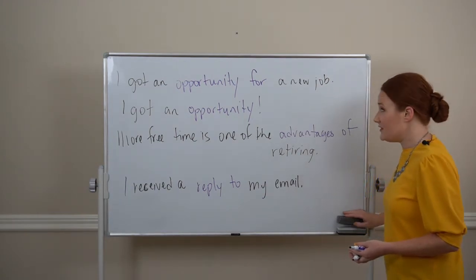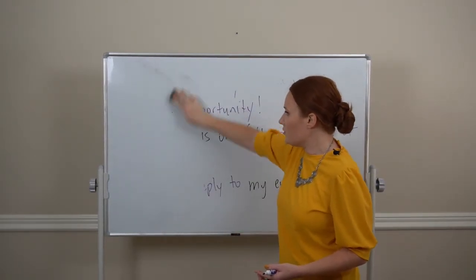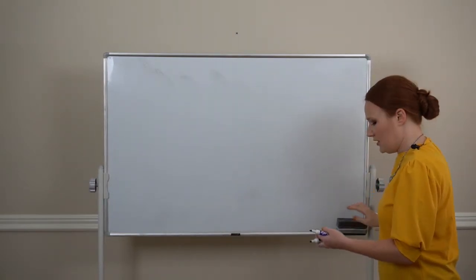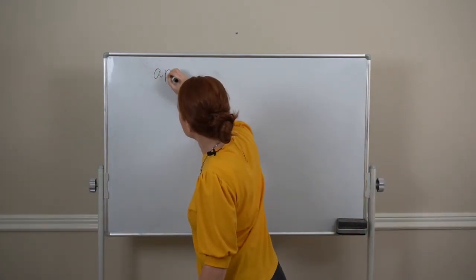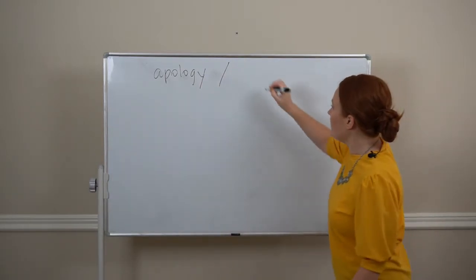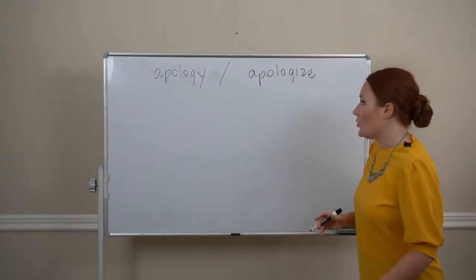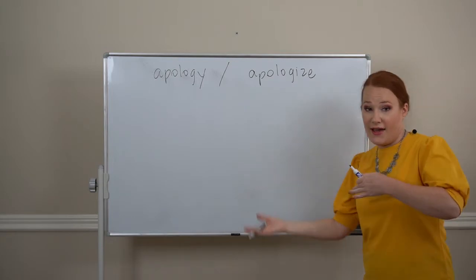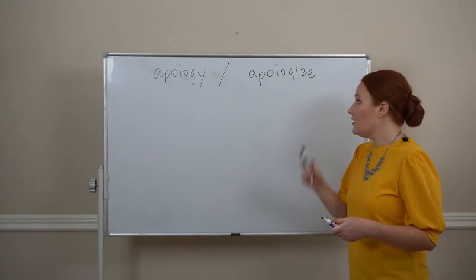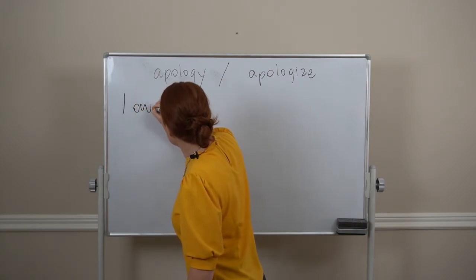So you may have noticed that in English, we have a lot of words that have a noun form and a verb form. So for example, apology is our noun and our verb form is apologize. So sometimes when we have a noun form and a verb form, they'll have the same dependent preposition, like with apology and apologize. I could say, I owe you